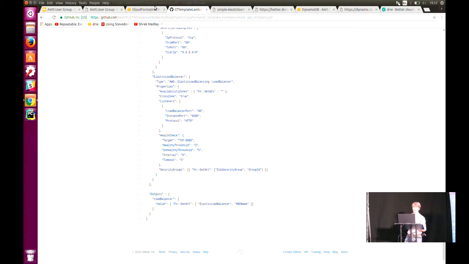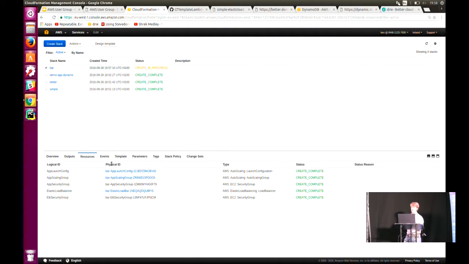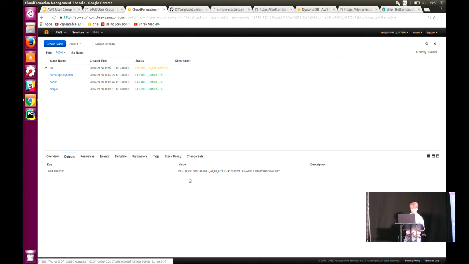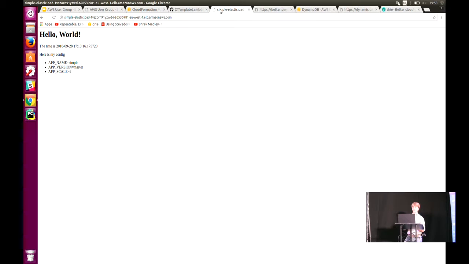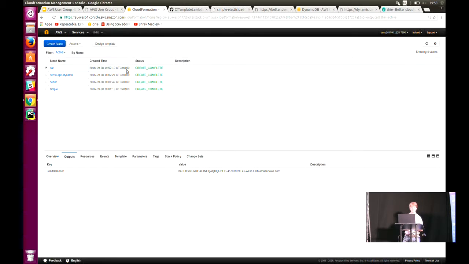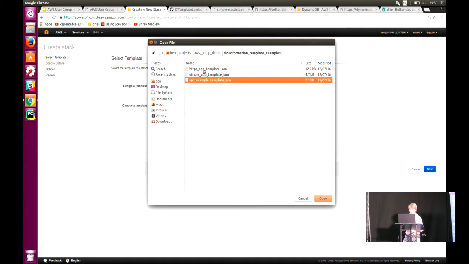So if we go back to the Cloudformation that is still in progress, you get to see it creating some of these resources. It's creating them complete, so hopefully there should be a nice output. And if I were to put that in my browser, it would obviously work first time. But I'm just going to show you that it just gives you a little app that says some configuration. Now, what that's not doing is any of the HTTPS stuff. So if you wanted to do one of those, you would load